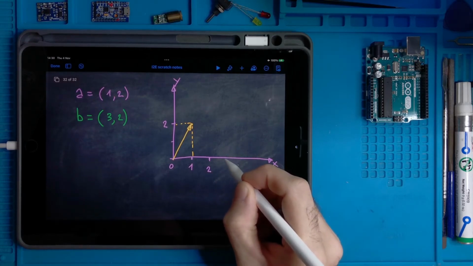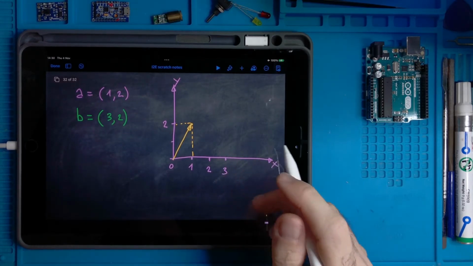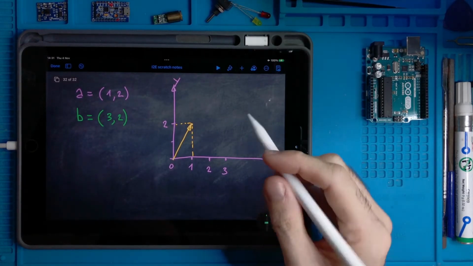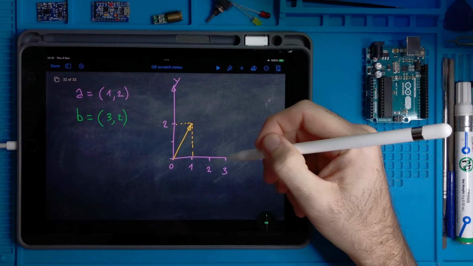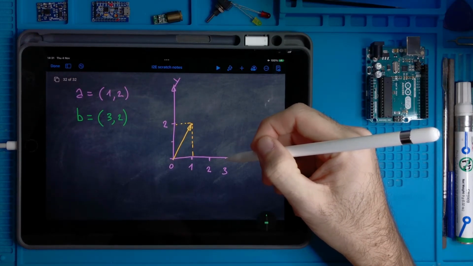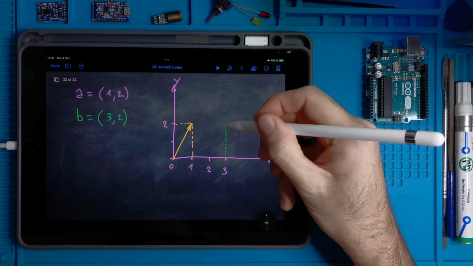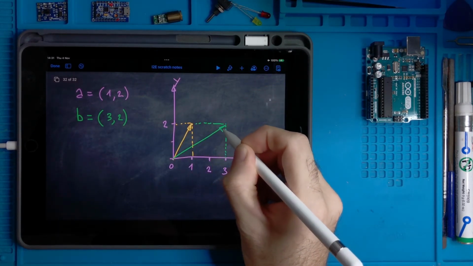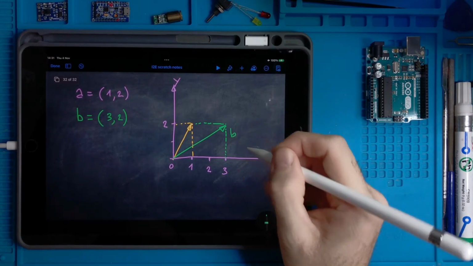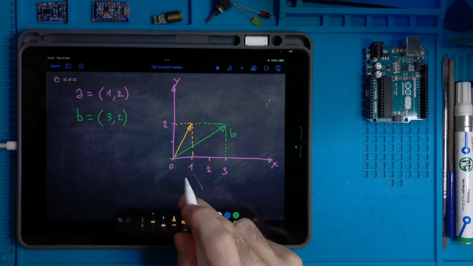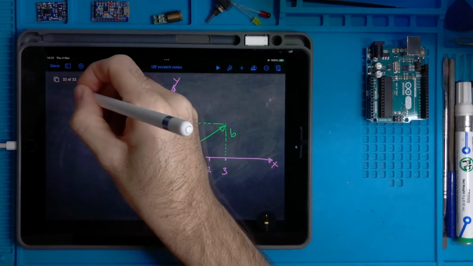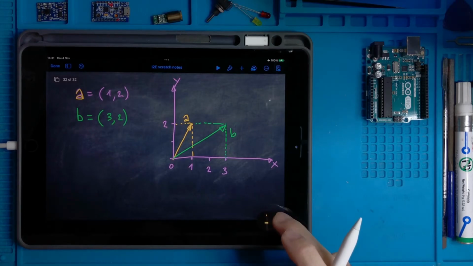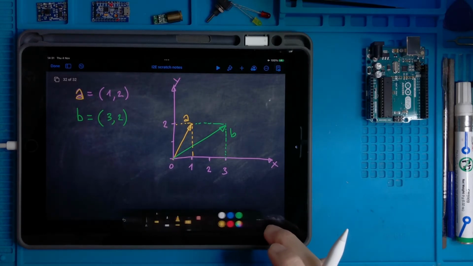So B is the vector having x component equal to 3 and y component equal to 2. And here it is, B, and A in yellow.